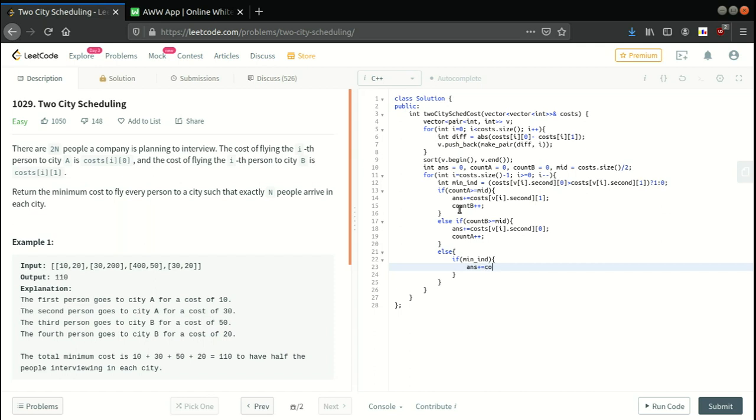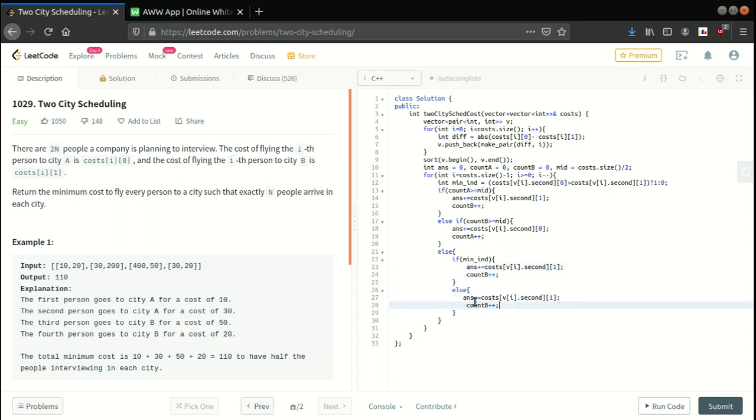Okay, so if min index is 1, we are going to city B, or the city having index 1. Okay, so costs[v[i].second][1], and we are going to increment countB, countB plus plus, and else we are going to city A.